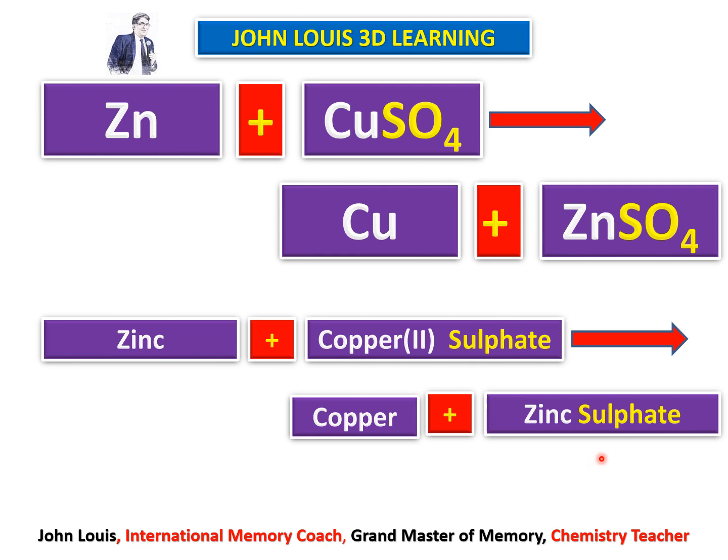See, unless you are very familiar with the symbols and valencies, it is very difficult to read the chemical equation. Simply you need to memorize the symbols and the letters and numbers. It will be meaningless to you. Since we have learnt the symbols and valencies very thoroughly and how to write the name of the compounds, now it becomes very easy to read it. Am I right? Zn is zinc and CuSO4 is copper 2 sulfate and Cu is copper and ZnSO4 is zinc sulfate. Hope you understood. We can move on to the next question.